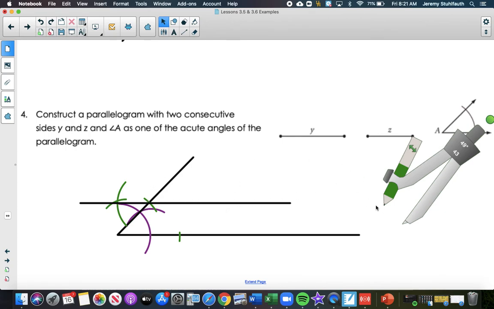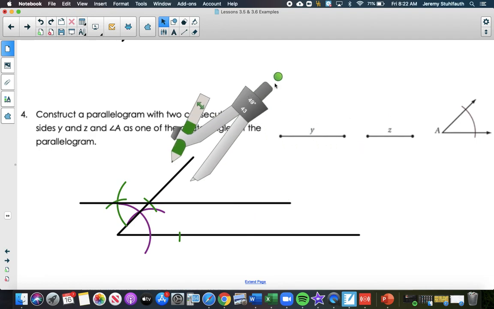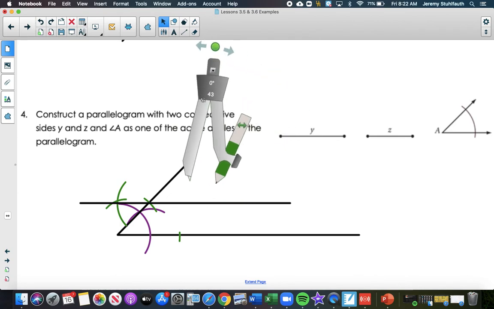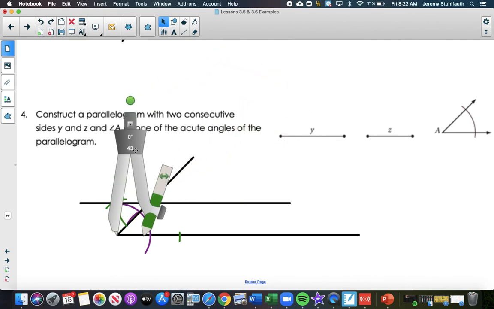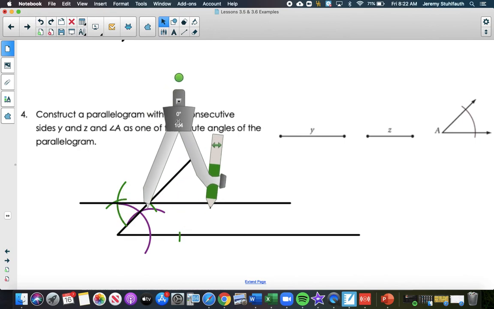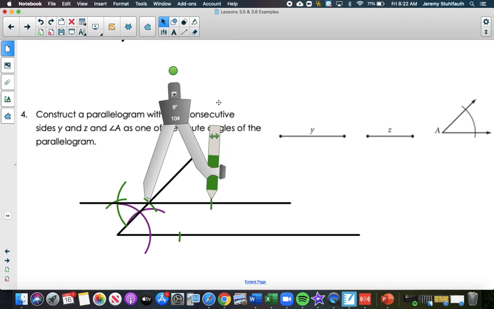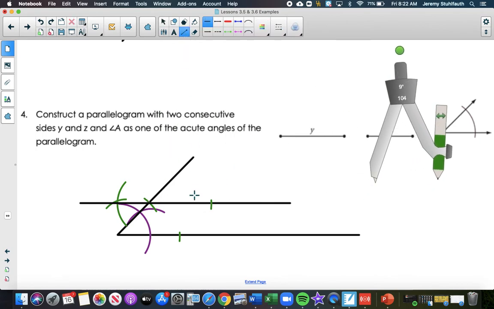Now what we need to do is remark off a line segment of Y on this top edge of our parallelogram. So we're going to need to readjust our compass so that it is the length of Y. There we go. We're going to bring it up here, and then we're going to mark it off right there. Now, since we have everything marked off, we can take our straight edge and draw a line from that vertex of the parallelogram to that vertex of the parallelogram. And what we come up with is this parallelogram that is here,